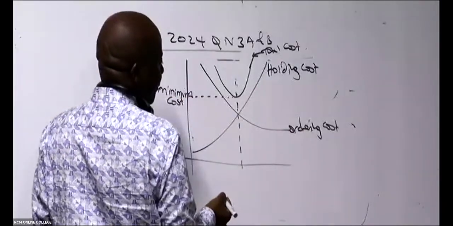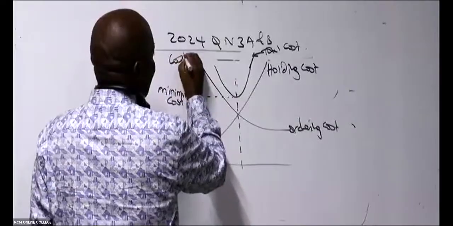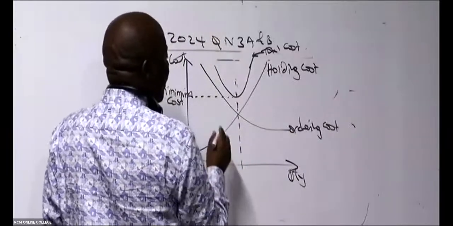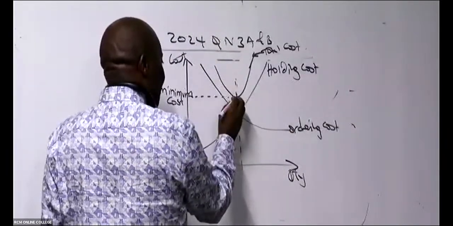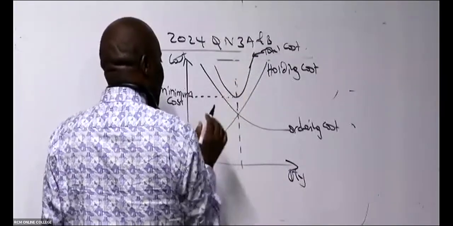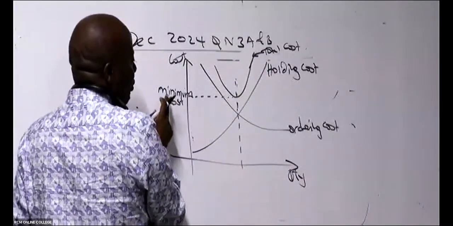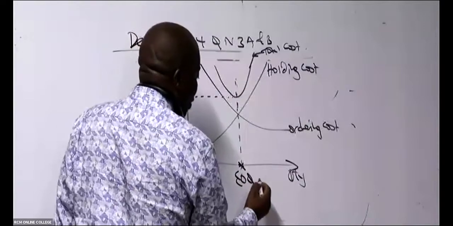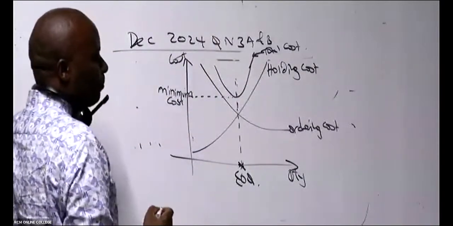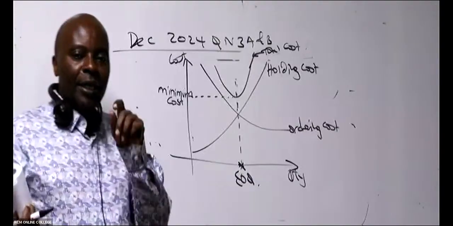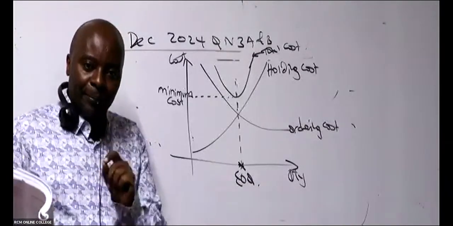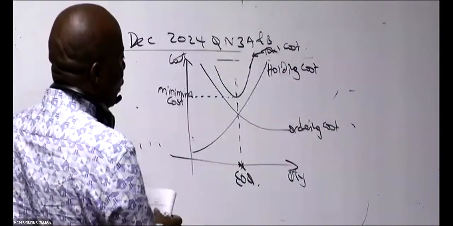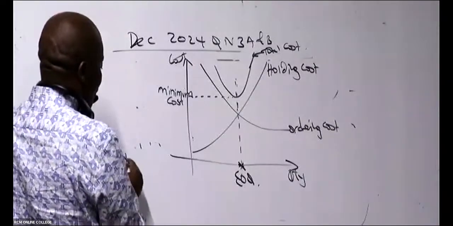Minimum cost. If this is your cost profile and this is your quantity profile, the quantity which strikes the total cost at the very lowest, the quantity which in this case corresponds to minimum cost, is what we call the economic order quantity. So economic order quantity is the cost minimizing quantity. And one thing that you're supposed to be seeing here outrightly is that at EOQ,